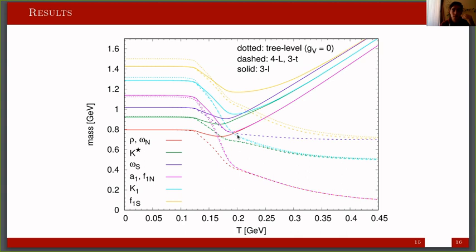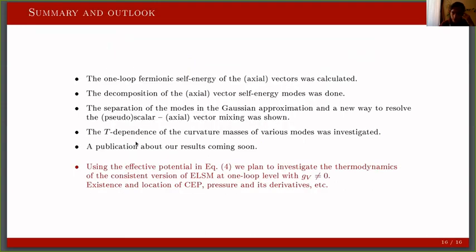Here it is more obvious that the first fields that become degenerate are the purely non-strange fields, and the fields that become degenerate the latest are the purely strange fields. In the vectors and axial vectors, in the isoscalar sector, the vector isoscalar and axial vector isoscalar sector, the physical fields are the purely strange and non-strange ones. And after I get to my conclusion, we calculated the one-loop self-energy for axial vectors and vectors.